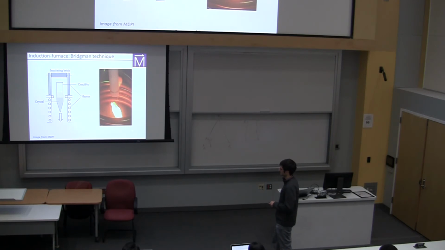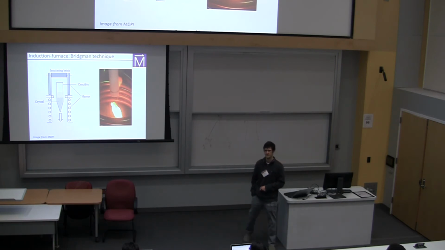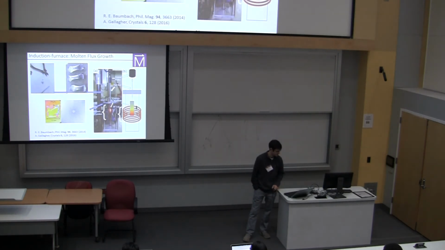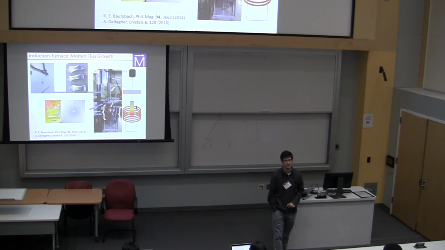We can generate heat with the RF field and liquefy all of this material, and then slowly withdraw it from the other end. And if things work the way that you hope they will, a single grain will nucleate out of the bottom of this tip, and then it'll propagate up through the entire crucible. This is actually more challenging than it sounds, but it's a good way to get big crystals. Okay, and my last topic for the induction furnace,